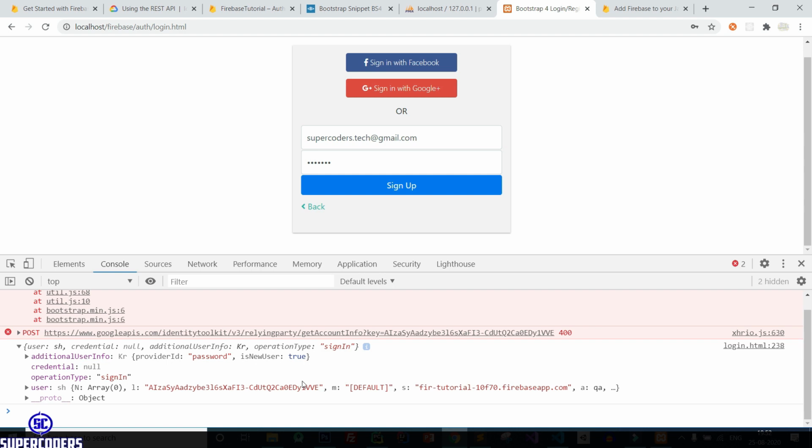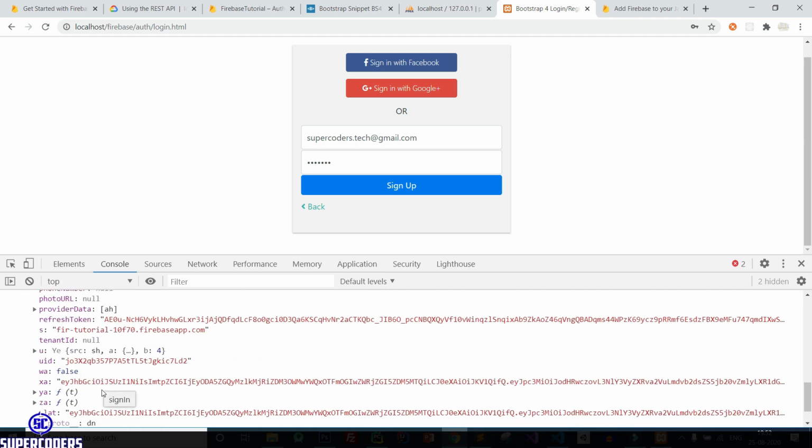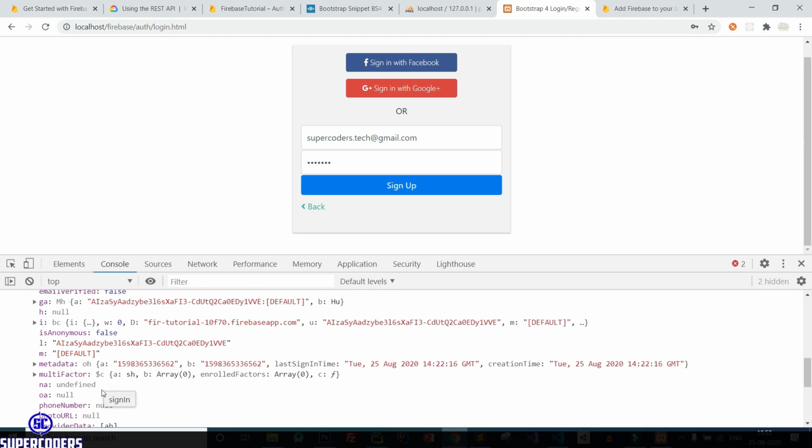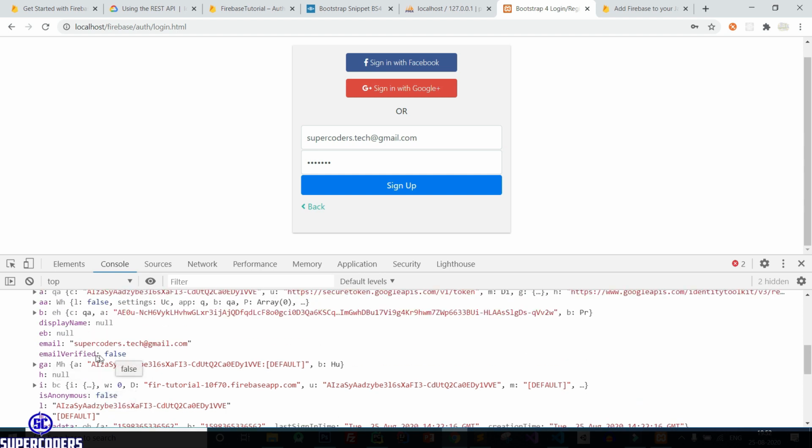So you can see my new account has been created and it contains the user and everything in detail. If you look more closely here, it's showing email verified and email. So we need to send an email verification to the user's email so they can enable their account, or how you can send email verification to verify your email. So let's see how you can send email verification to verify your email when using login with email and password.